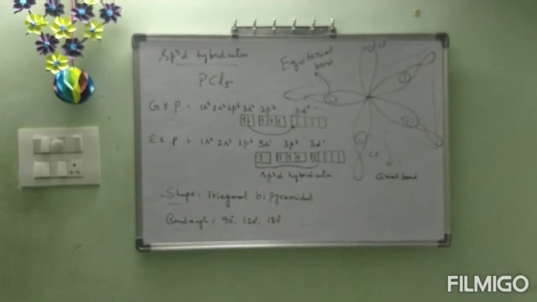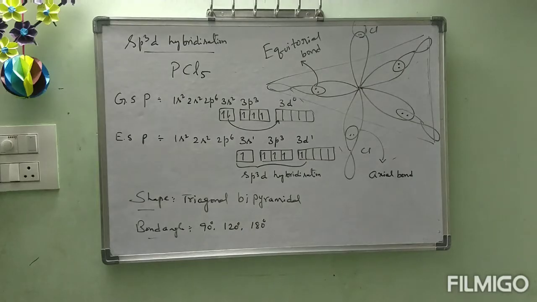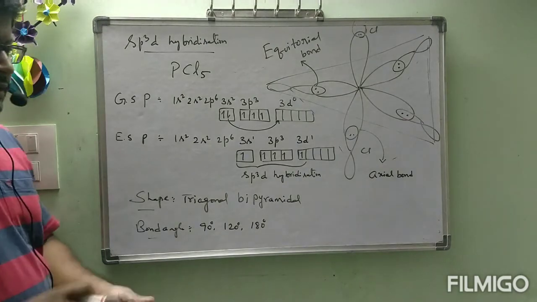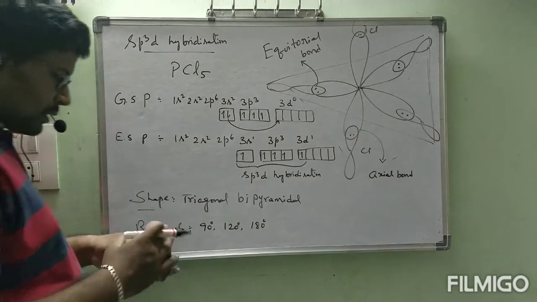Okay, ma? We will go to the next one. Before that, draw the diagrams neatly, all of you. Okay, ma. Draw the diagrams carefully. Next, we are going with the next hybridization, that is sp3d2 hybridization.